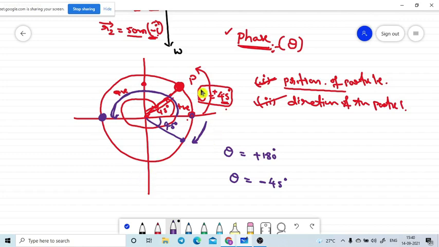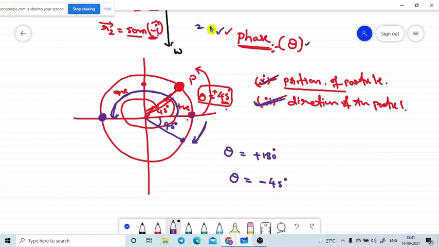This much information you don't need to write in your examination. Just write the definition; that is enough to get the marks. Once again I will repeat the definition: phase is the physical quantity in simple harmonic motion and oscillating motion which tells about the position of the particle as well as the direction of the motion of the vibrating particle. The phase is generally measured in angles. Positive angles mean the particle is moving in the anti-clockwise direction. Negative angles mean the particle is moving in the clockwise direction. That is the information for the phase.